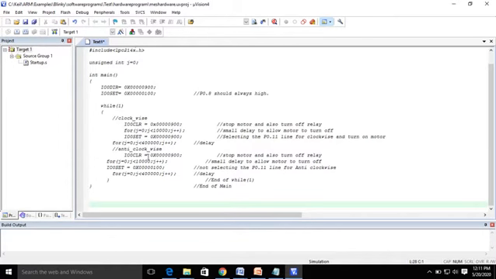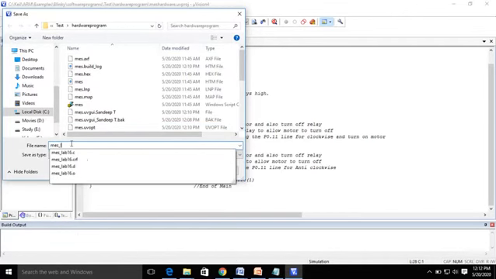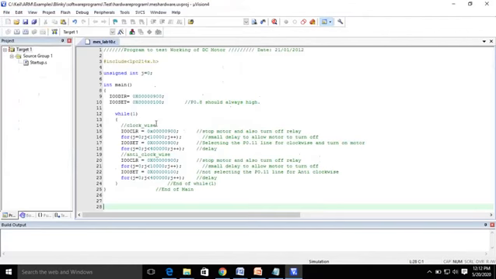This is the program for experiment number 10, interfacing and controlling a DC motor. Once written, go to File, Save. I will give the file name MES lab 10. The extension for a hardware program should be .c. Your file has been saved.